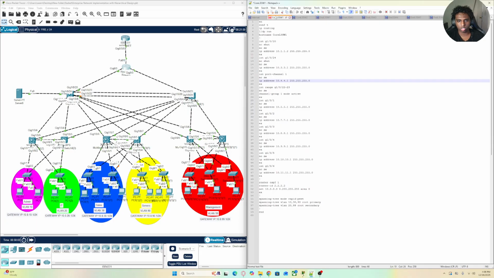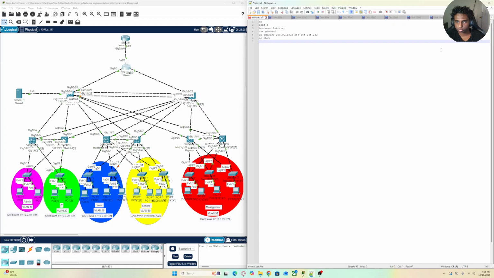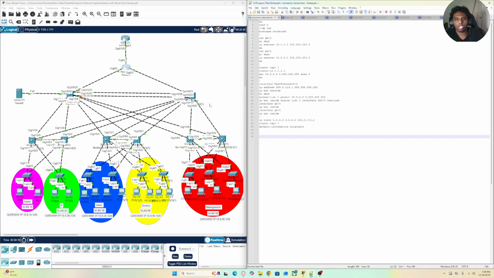core layer 3 switches. Now let me move on to the backbone router, which is not right here. It's right here. Yeah. So in the backbone router, the specific configurations that I did were just adding IP addresses to the interfaces, and then OSPF, and then as well. Oh yeah, this is where our